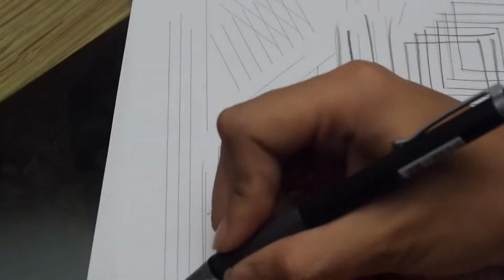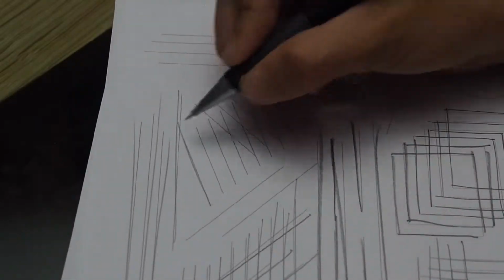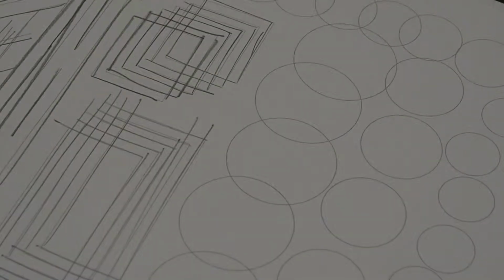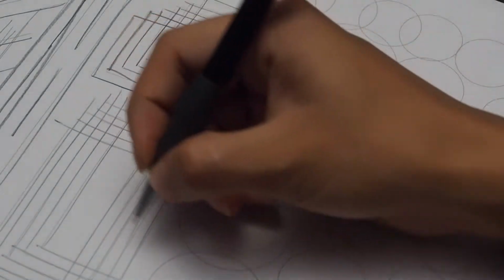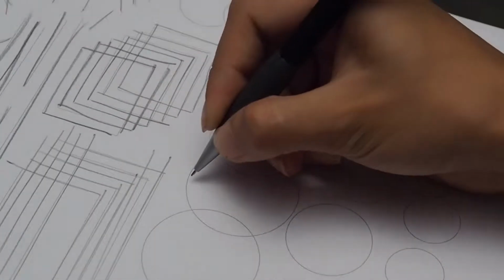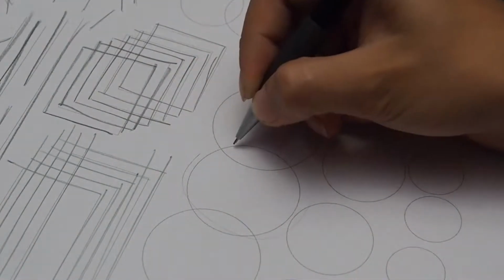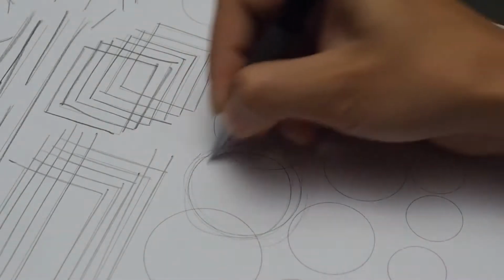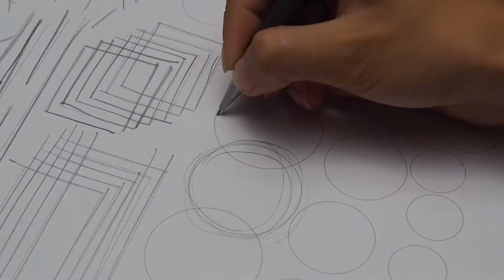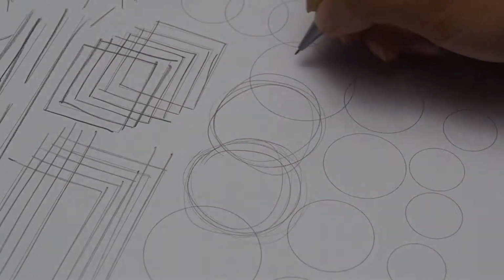Make sure to go over all of the practice sheet, and also if you want you can print another sheet and keep practicing it. For the big circles, make sure your wrist is locked and only use your arms to make the movement. As you make a circle, do it very lightly, because usually the first circle that you make is not perfect, so you go over it 2 or 3 times